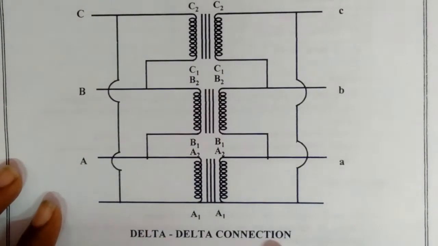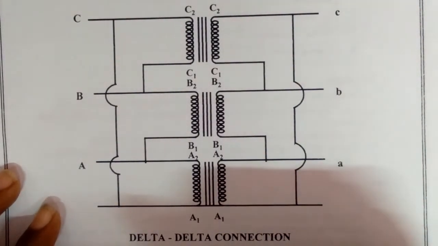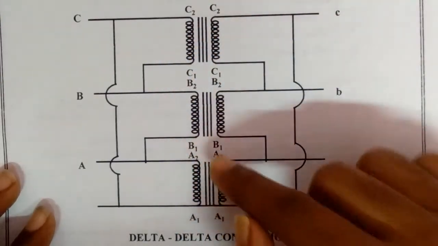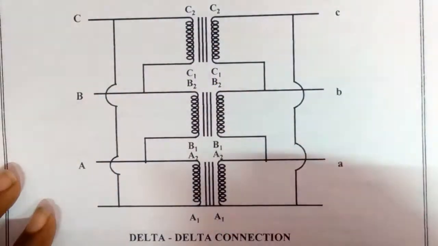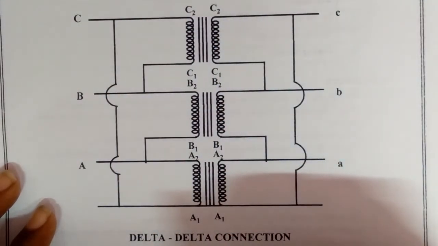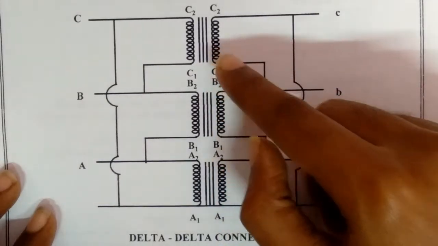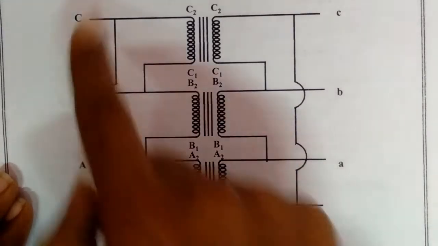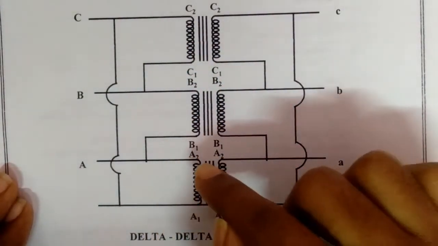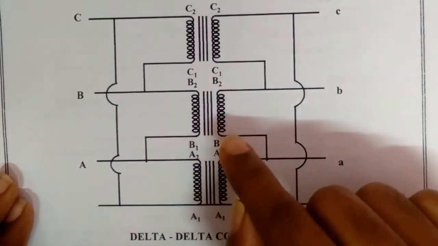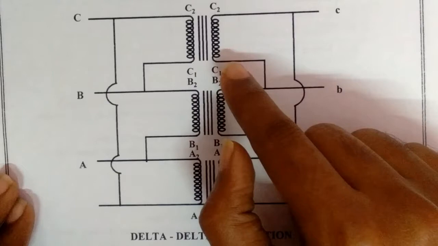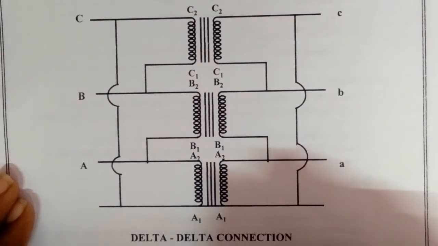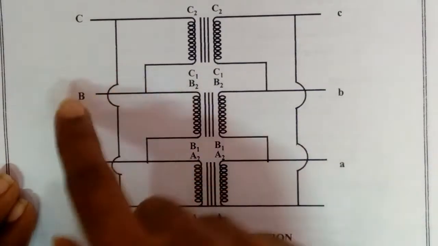For delta to delta connection, the primary winding terminals are A1, B1 and C1 and A2, B2, C2. The secondary winding terminals are A1, B1, C1 and A2, B2 and C2. For delta connection in primary terminals, A2, B1 and B2, C1 are short circuited like this one. And then the supply is given through A2,